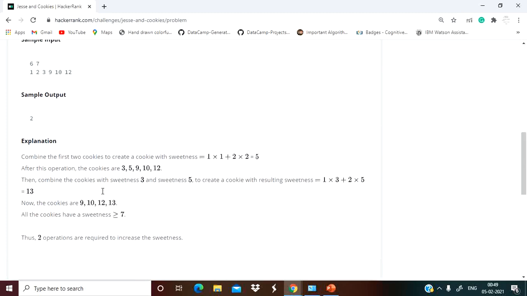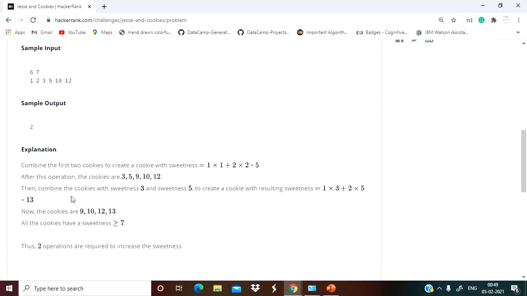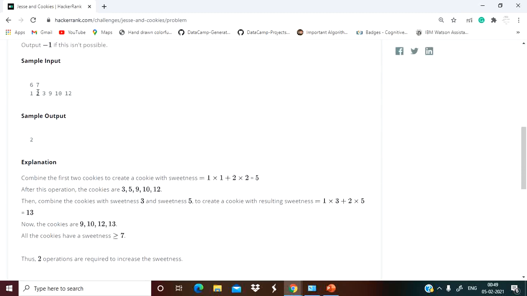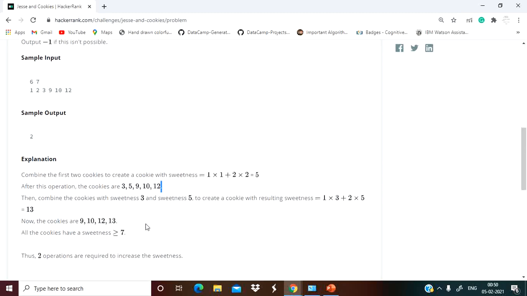So you have to determine the count of operations which it took to convert all the cookies to be greater than or equal to the given kth value. Here we took two operations: first we converted this array to this one, and then to 9, 10, 12, 13. So in total we took two operations. This is what we have to do.